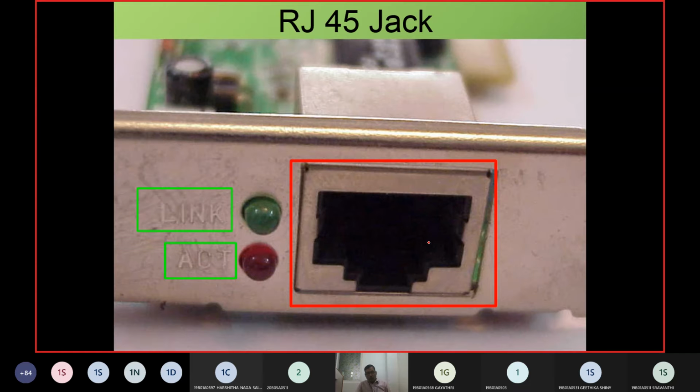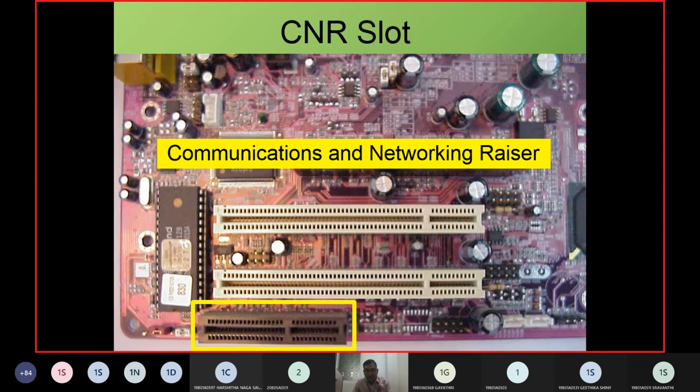I hope you are able to see it. Every laptop will have this, because when you come to the lab, the hardware technicians will ask whether you have done your MAC address binding, and you say yes. Obviously, this is the position where they bind it so that you will get an internet connection. So this is all regarding the LAN connections.